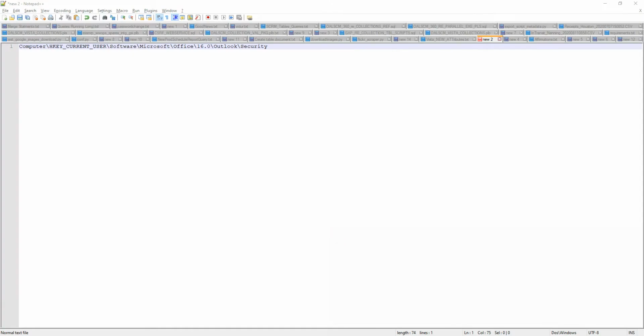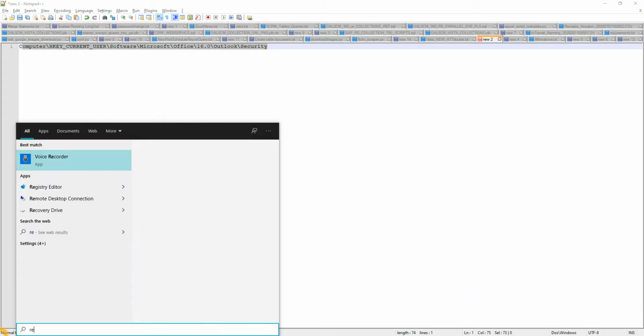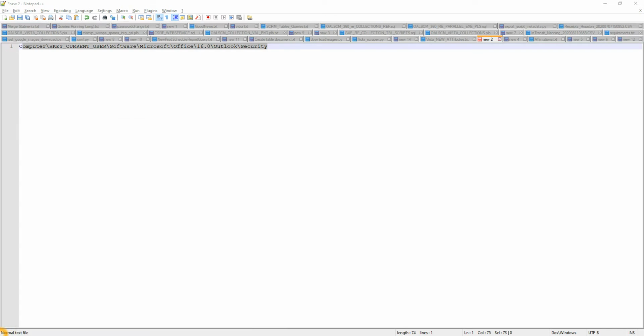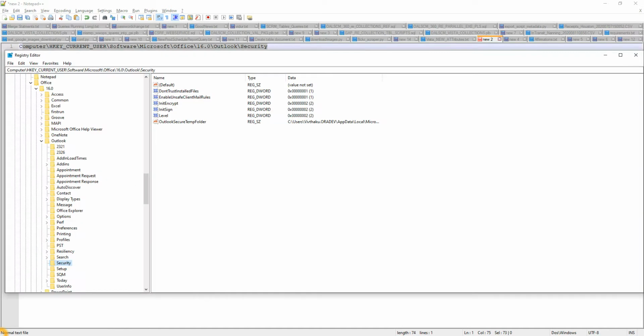Take a note of this. I'll be pasting this in the comment section. But before that, we'll go to the registry editor. Here we will be following the same link, and you see this EnableUnsafeClientMailRules.